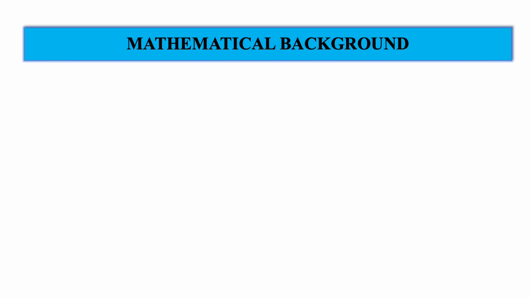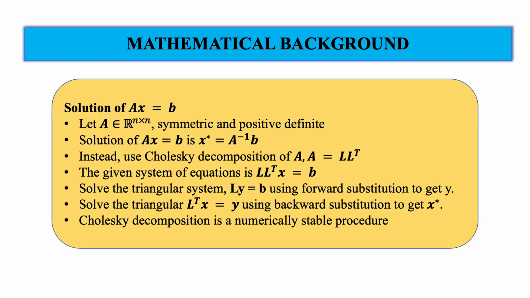So in this course we will need to solve the system of equations Ax equals b. Let us assume that it is consistent and a solution exists. There is one way to solve it. Let us assume A is a symmetric and positive definite matrix. Therefore, one can simply take the inverse of A. Since A is positive definite, all the eigenvalues are positive and the determinant is non-zero, so x star equals A inverse b will give the solution, but inverse is a numerically untrustworthy operation.